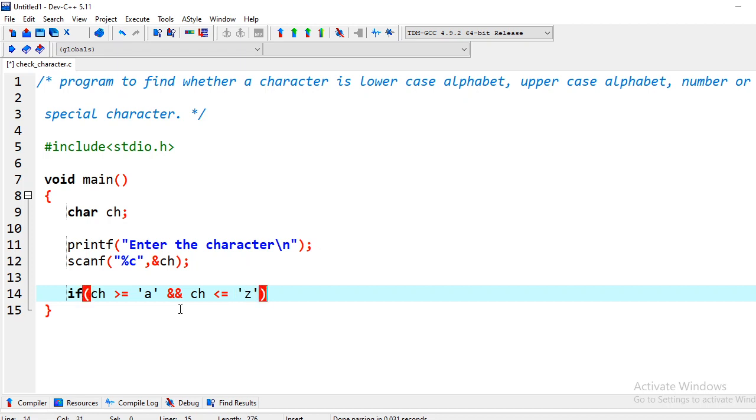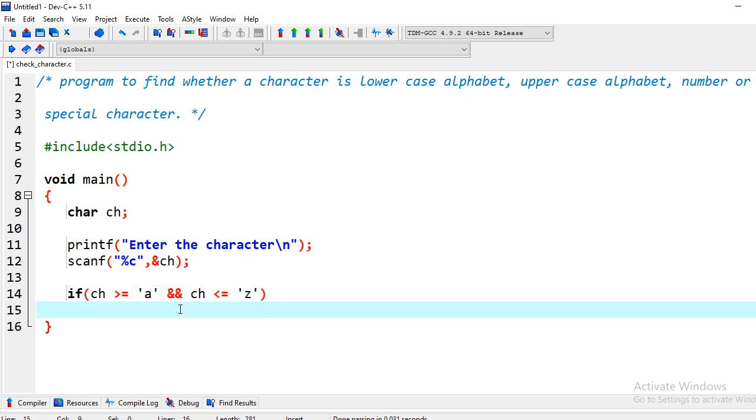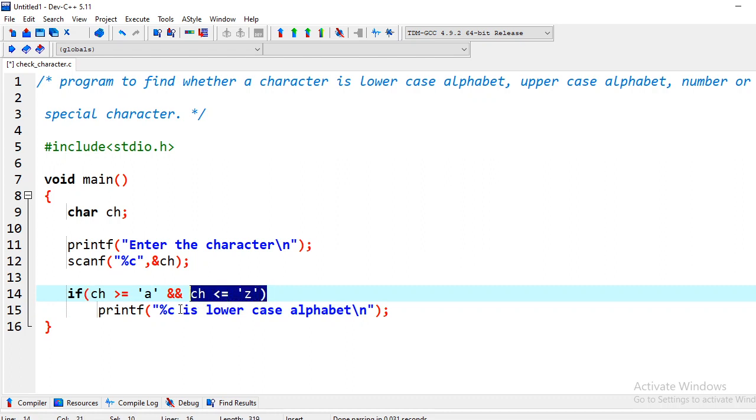Then we can say that the character is lowercase alphabet. So we print: %c is lowercase alphabet. It is as simple as that. We are just checking our character should be between a and z. Greater than a and less than z means between a and z.